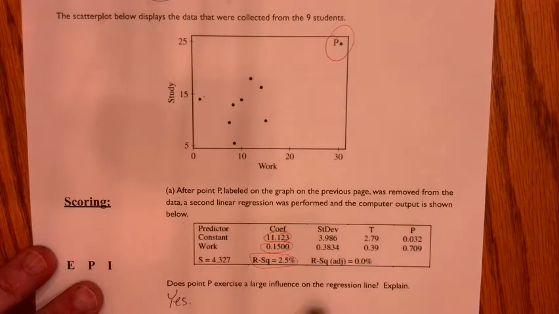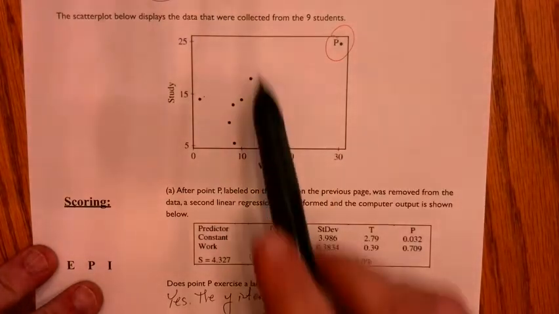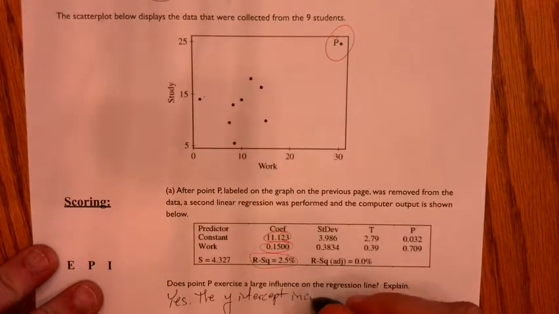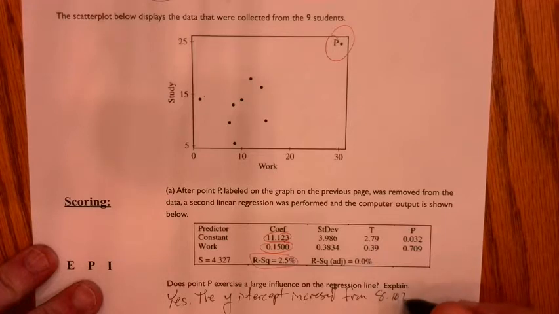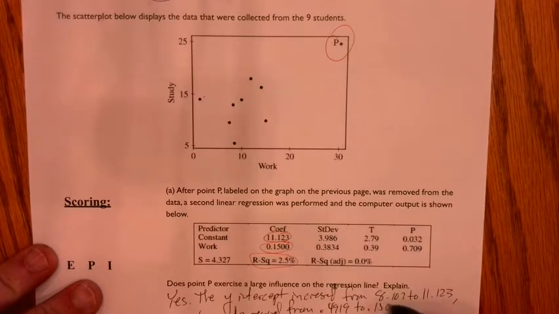And how do you know? I would say everything. The y-intercept increased, went from 8.107 to 11.123. The slope decreased from 0.4919 to 0.150, and the R squared